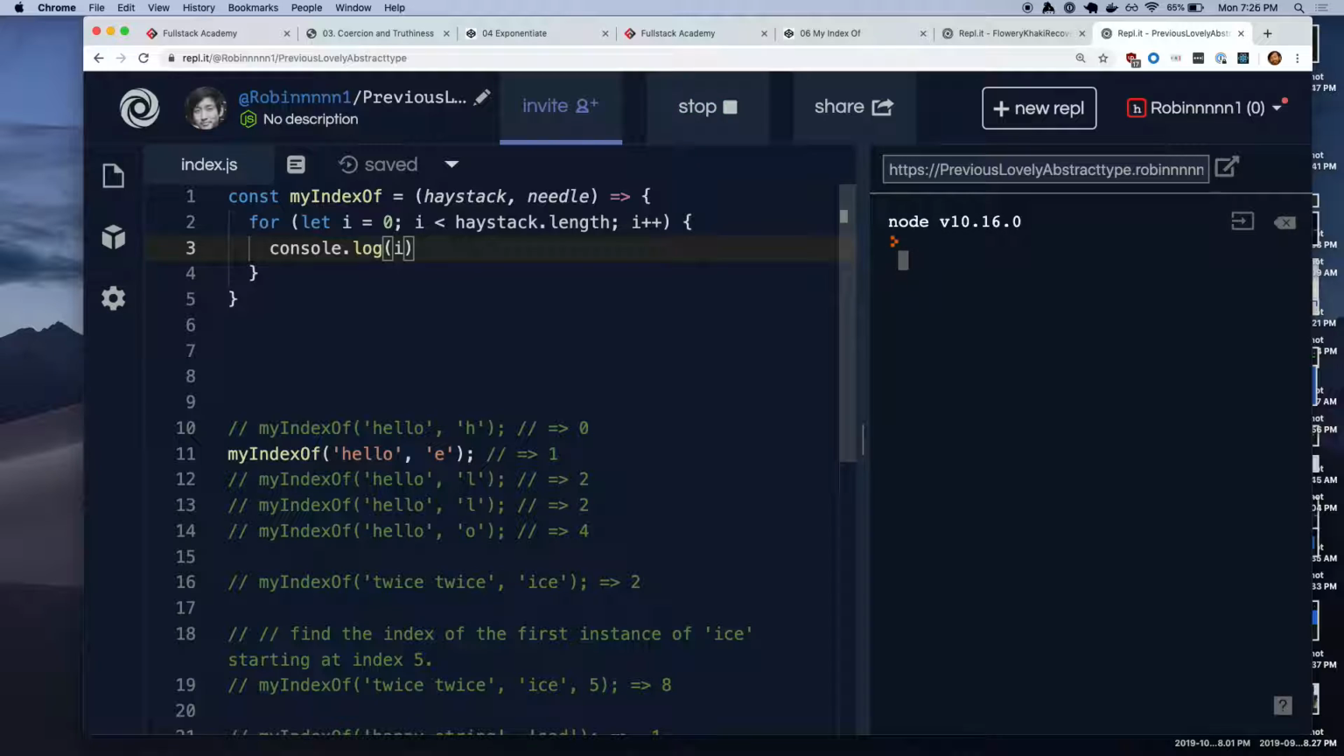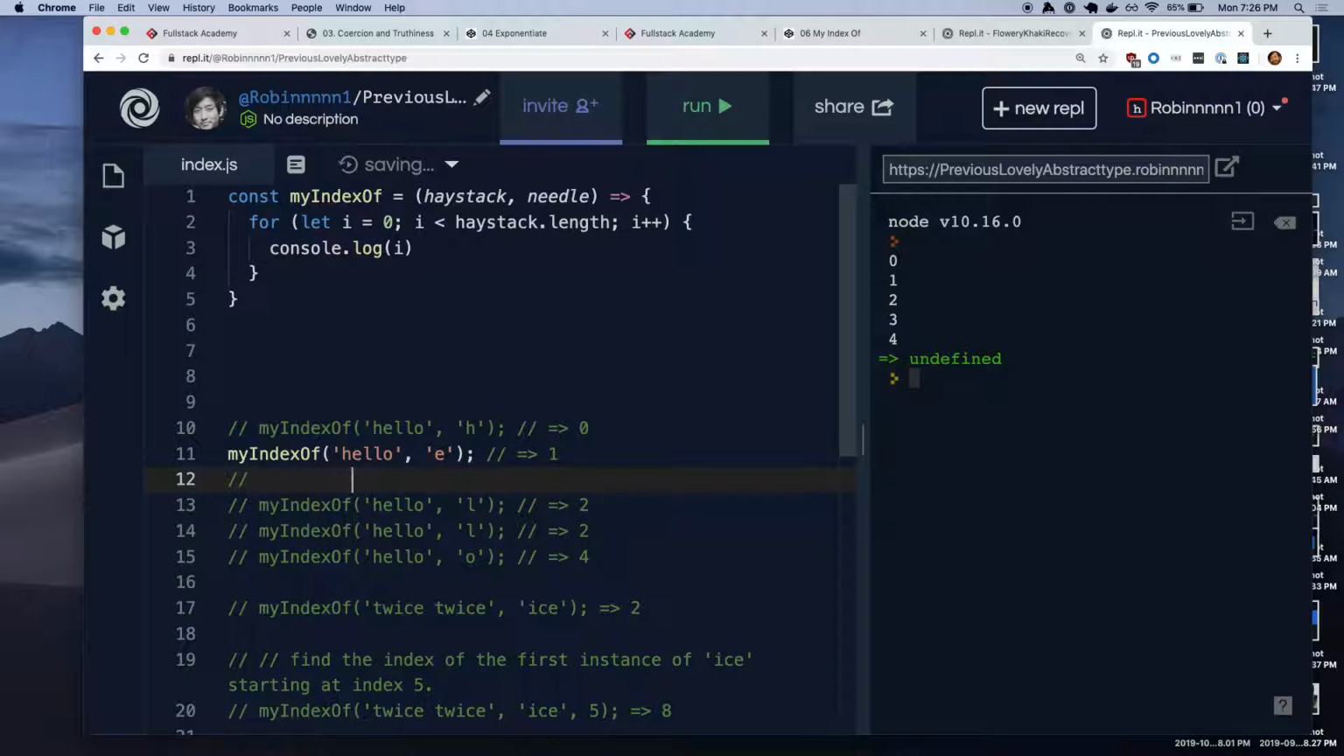What is i? Just a bunch of numbers. This doesn't really look like HELLO, but that's okay. This is very close. What this represents is all the possible indexes, all the possible indices of this word. So what that means is, if I do this,